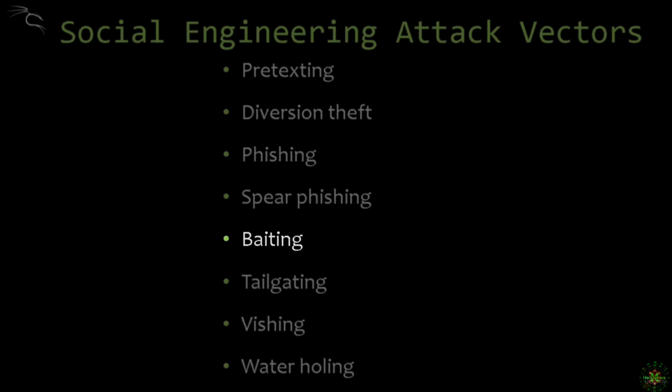Baiting is when you trick people, for example, you create a USB flash disk, put a malicious file in it, and throw it in a public place such as a parking lot, an elevator, or walkways, and you might mark it as, for example, confidential or salaries of 2018. Some people will fall for the trick and put this USB in their computers just out of curiosity to see what's there, and at this moment the computer will be infected, depending on the payload, and the attacker might have remote control over this computer.